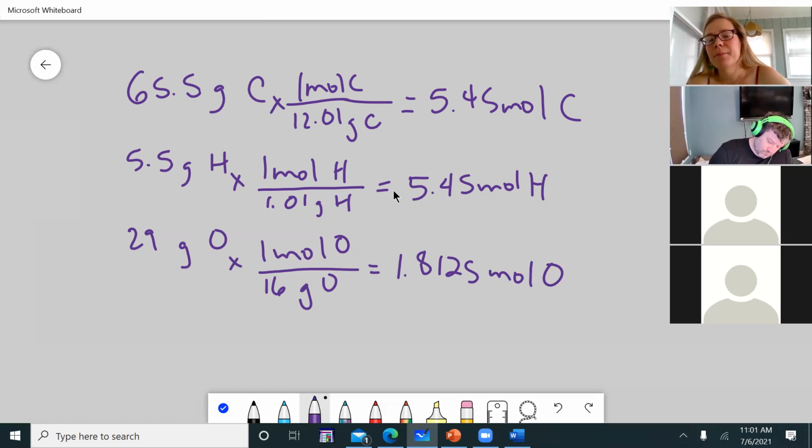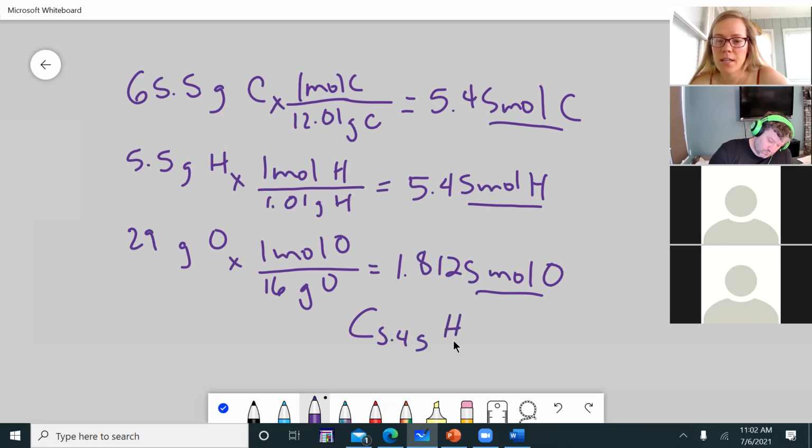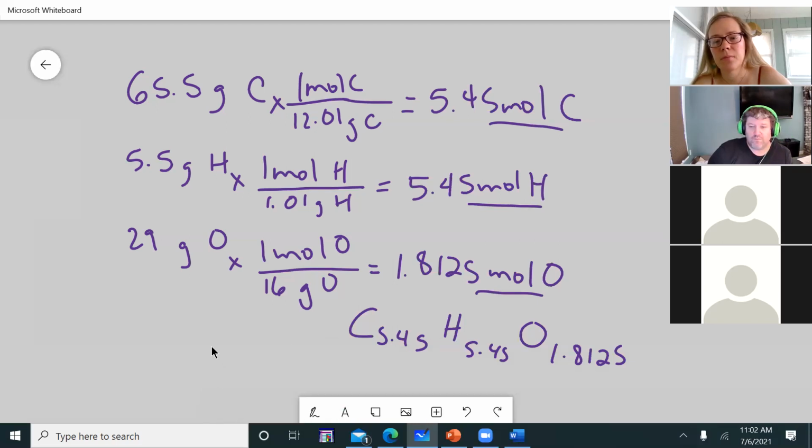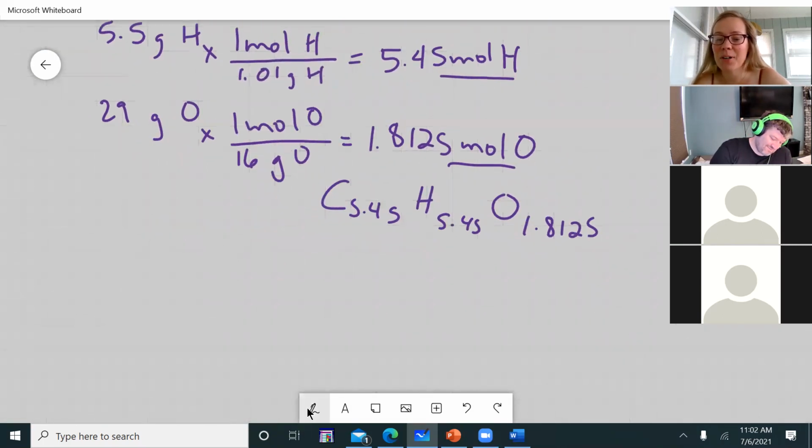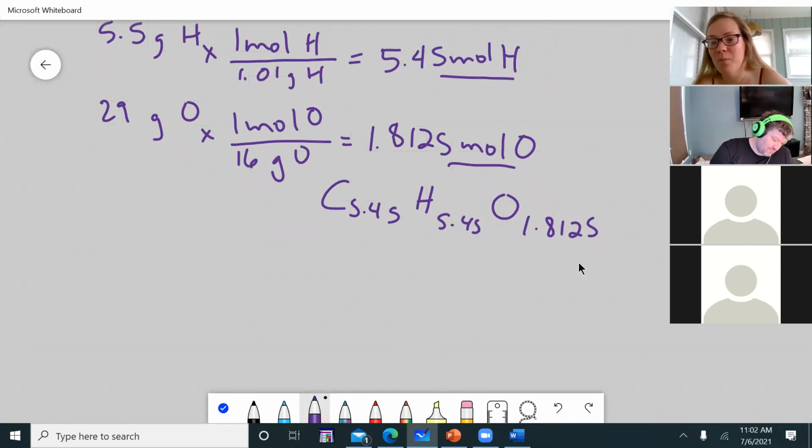So after this step, now we know the mole ratio. This is a correct mole ratio, but we want whole numbers. So let's write a pseudo formula. Carbon's going to get 5.45. Hydrogen's going to get 5.45. And oxygen's going to get 1.8125. What did we say we did first to get these whole numbers? Divide by the smallest decimal. Don't divide by the biggest one. Why? Because that's just the rules. That is the system that works most efficiently. There are other ways to figure this out, but this just is the easiest. So we're going to divide by that